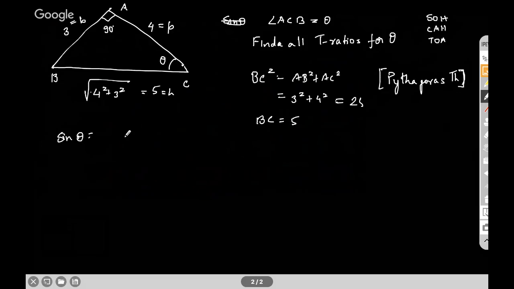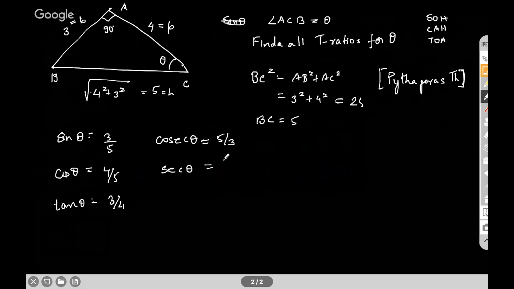Sine theta: opposite is 3 and hypotenuse is 5. So sine theta is 3 by 5. Then cos theta is adjacent by hypotenuse. So adjacent is nothing but 4 upon 5, isn't it? And then tan theta is opposite by adjacent, so it is 3 upon 4. And then the rest is very easy. Cosecant you don't need to go back to the triangle, you can do it from here itself. So cosecant theta is 5 upon 3, secant theta is 5 upon 4, and